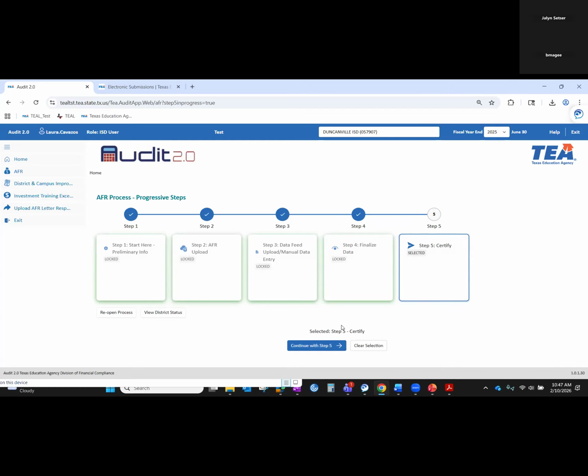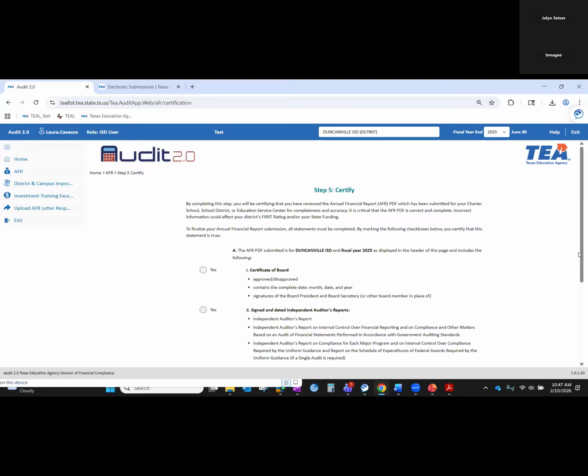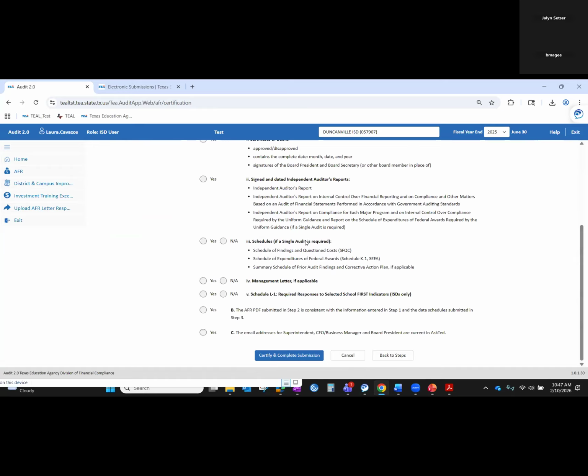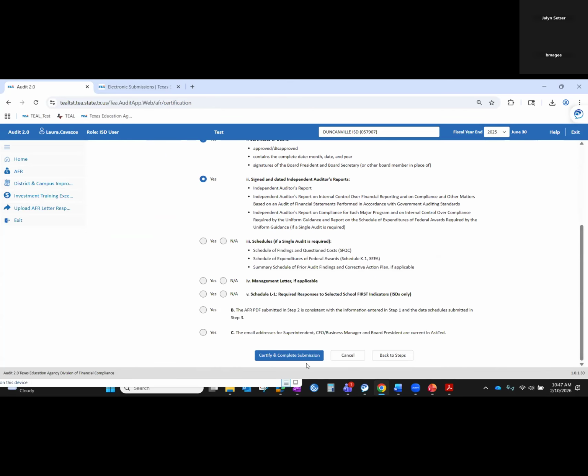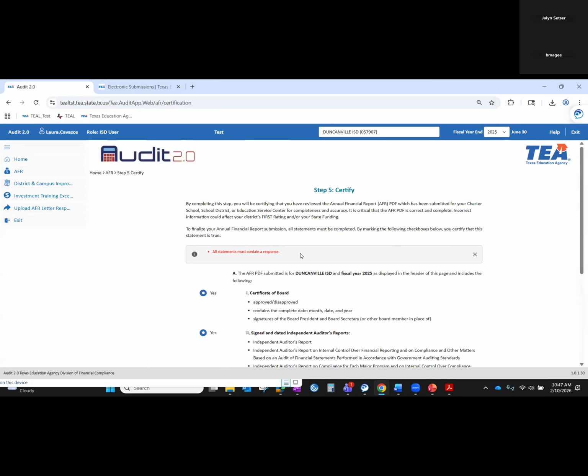So step 5, certify. I want to continue. Again, this is a checklist. All statements must contain a response. So if I am just going to select yes to these first two and continue because maybe the rest just don't apply to me, I am going to run into an error. So